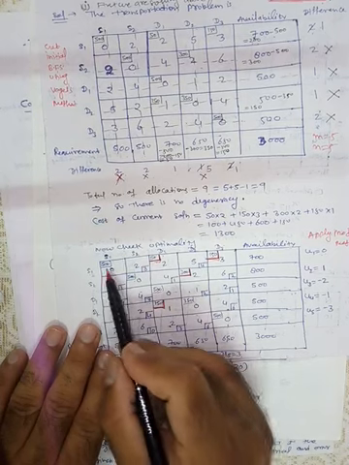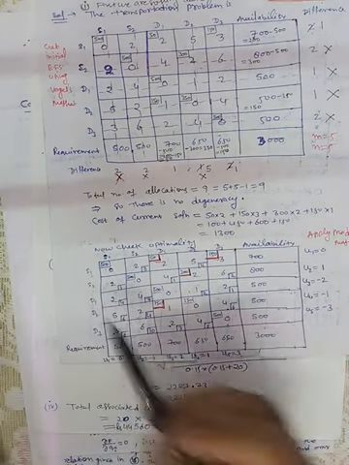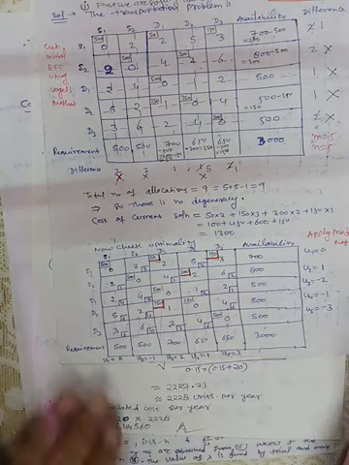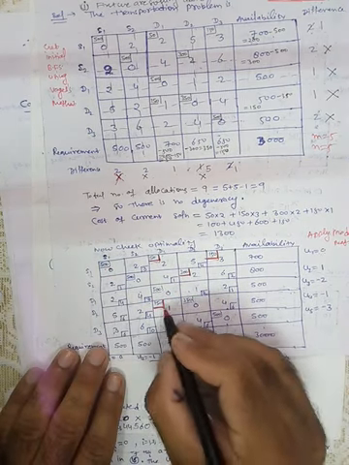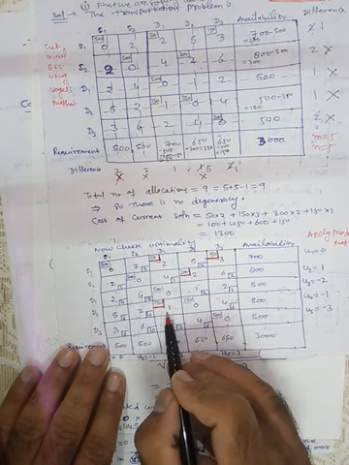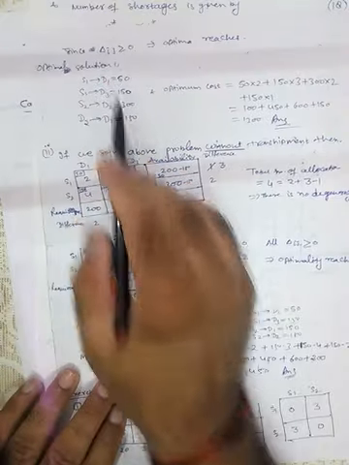We are considering this, but since this is zero cost, there is no effect on the cost. Fine. So these are considered for the non-zero cost. This is non-zero, this is non-zero, this is non-zero, this is non-zero. However, the rest are for the zero costs. Fine. So the optimum solution is this.